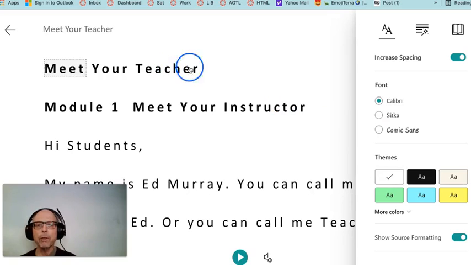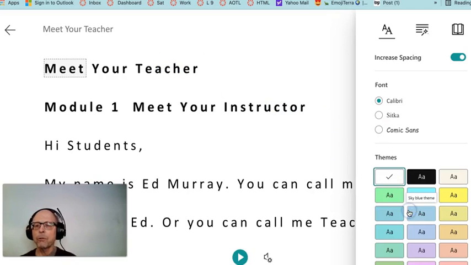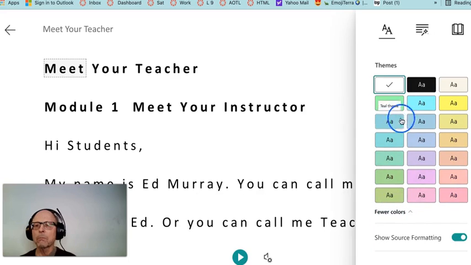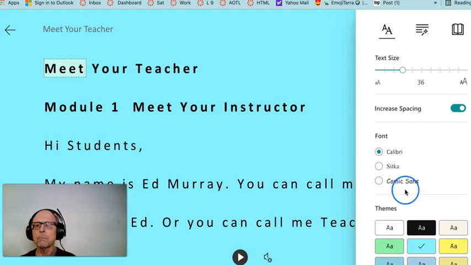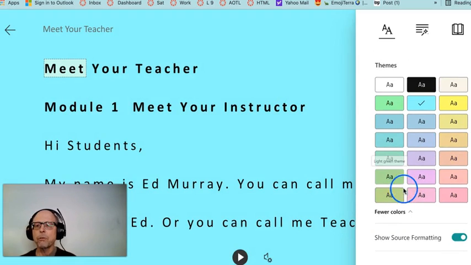And you can also have black print with different colors. So there's a big selection. I don't know, choose any one you want. This one looks pretty. Light blue. That's pretty dark though. I like that one better, so I'm going to stay with this one. Alright, so that is how you make the page look the way you want to with the double A called Text Preference.